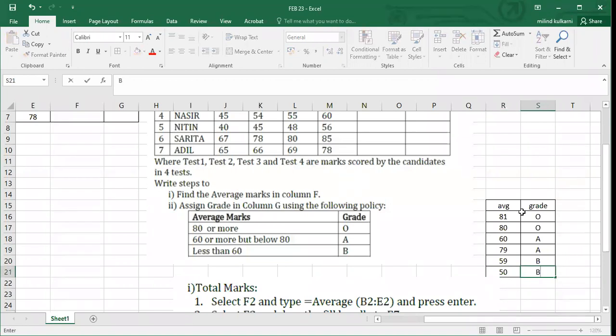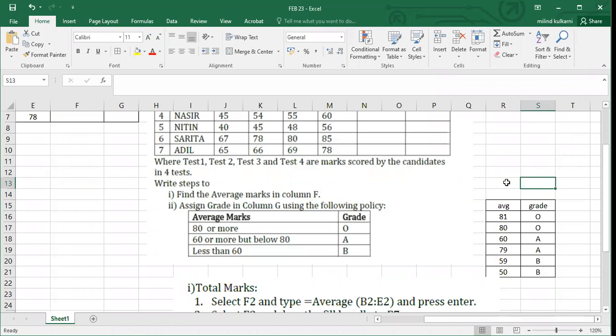Dear students, if you have small data, suppose you have very little data, then you can directly type such grade or average marks manually. But if you have millions of data, like generally in commerce more than 10 lakh students give the TY BCom exam, then for manual work you will need minimum more than 2 or 3 months for preparation of your mark sheet.